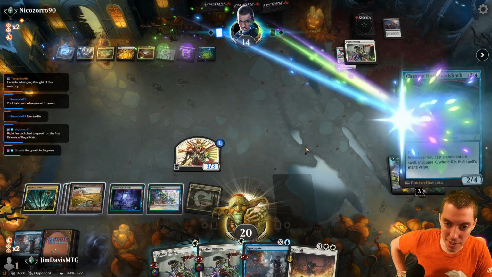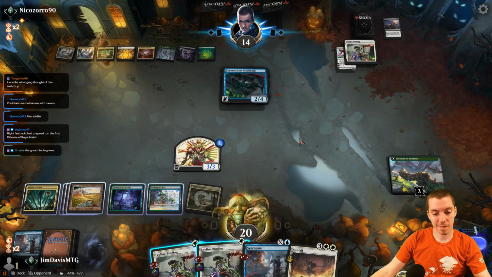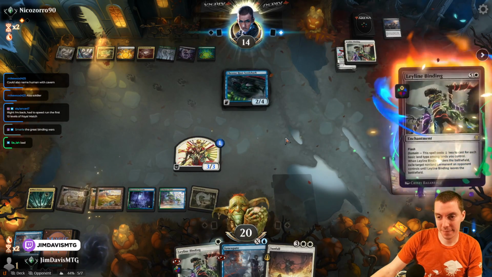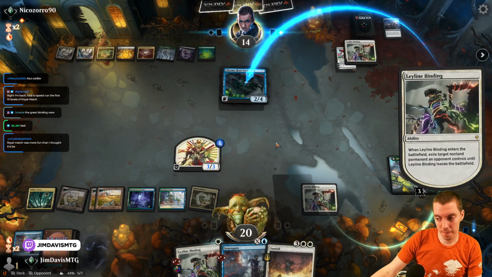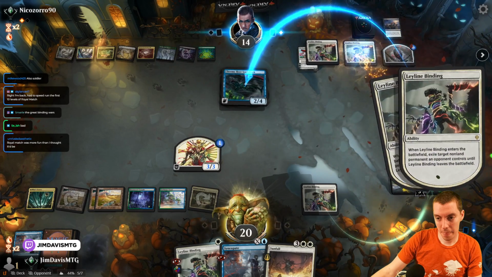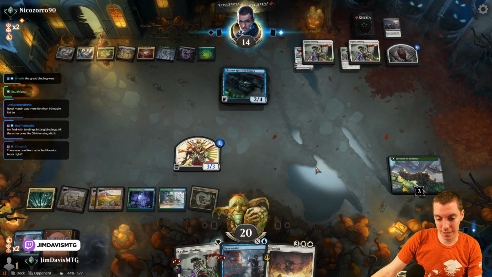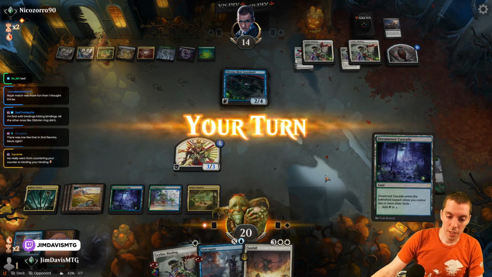What do y'all think of Leyline Binding having the text target non-Leyline Binding card? Alright, so they have a Shark. Alright, I guess. Gonna go here. And they have a binding also. Yeah, this is bad. Alright. So that goes away. That doesn't happen. 2 cards left. Now they have a very significant threat in play. Alright. Just gonna untap. They don't know about Sunfall, so...